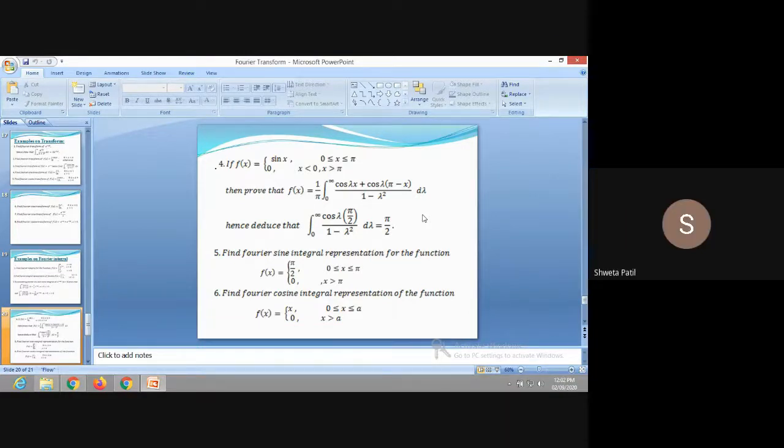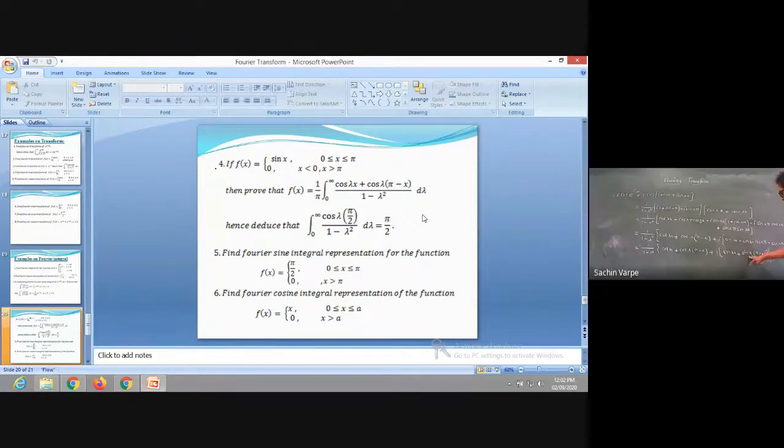So sin lambda pi minus x is equal to minus sin lambda x. Minus sin lambda x. Why? You mean you are using sine of pi minus theta? Yes. But that is not only sine of pi minus theta. Here the lambda is there. And we don't know about lambda, whether it is a parameter or any constant, isn't it? So we cannot use that trigonometric formula. Is that clear? Okay. We cannot use the sine of pi minus theta formula here because the lambda term is there, which is an arbitrary constant.